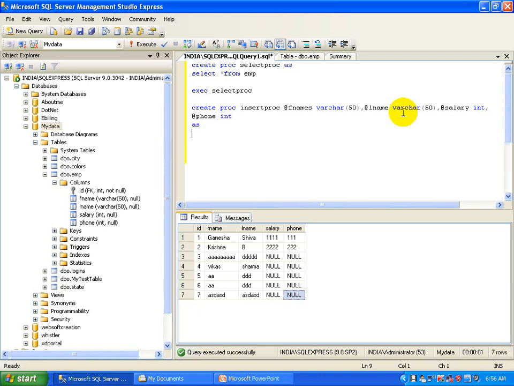As insert into EMP values @fname, comma @lname, comma @salary, comma @phone.